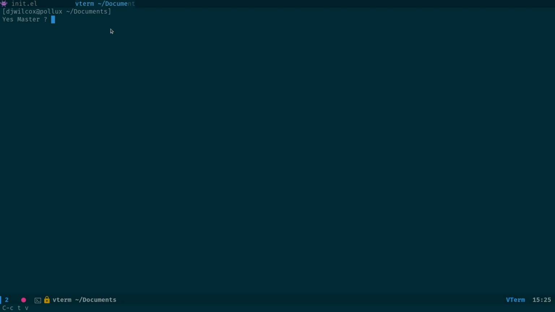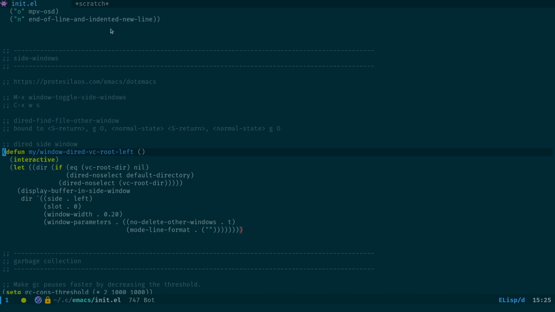You can open a vterm directory to the same directory that was open in dired, but I want to do the other way around, open the dired directory to the same one as vterm. So that's something on the to-do list, but it's just a nice sort of feature to have. Easy keyboard shortcut to remember,